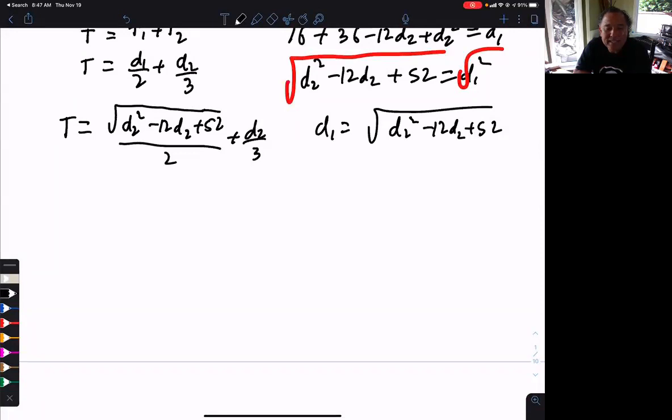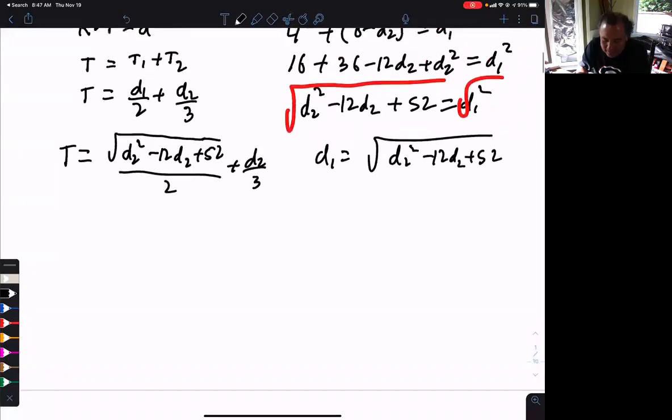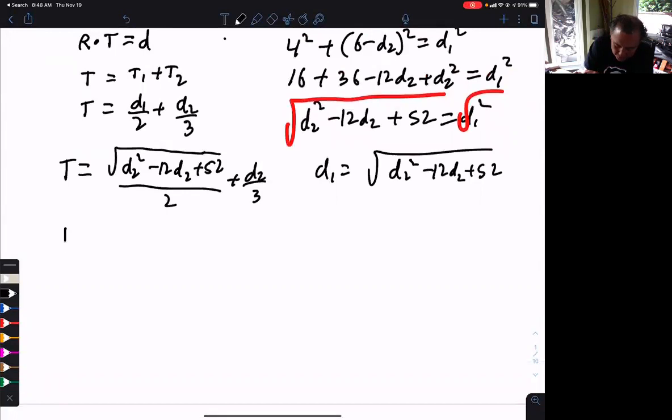Now I want to minimize the time, right? So where do minimums occur? Now this goes back to chapter 4, section 1. Minimums occur at critical points and endpoints. So to find the minimum, I need to find my critical points and my endpoints. The critical points, well, we can do this. Let me rewrite this as the square root of d2 squared